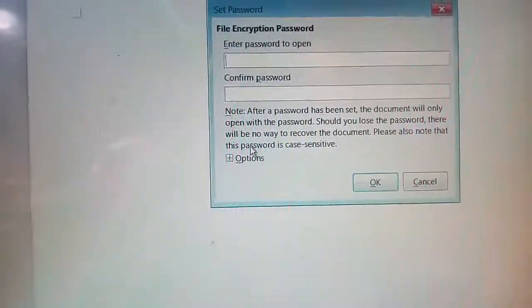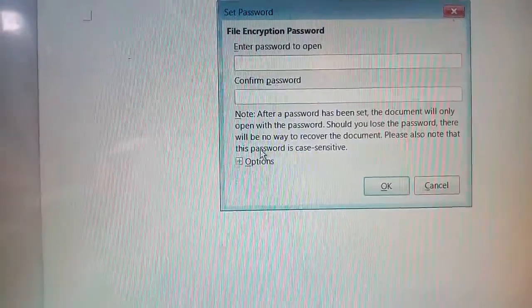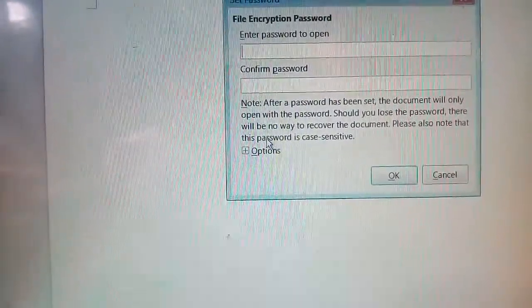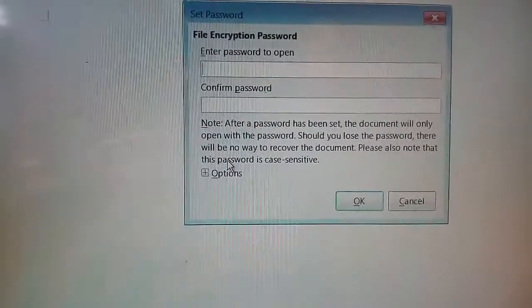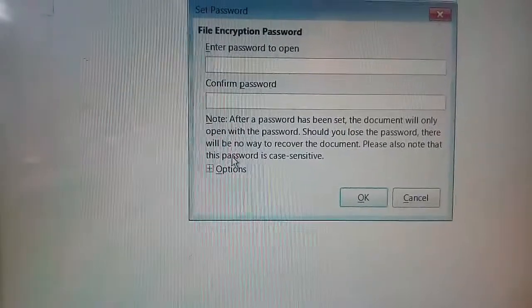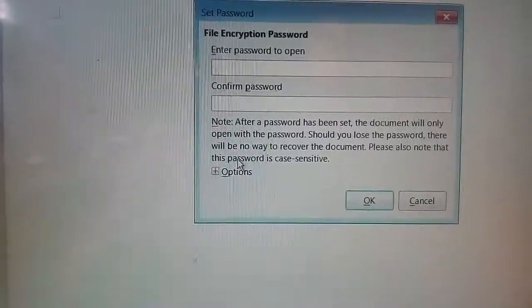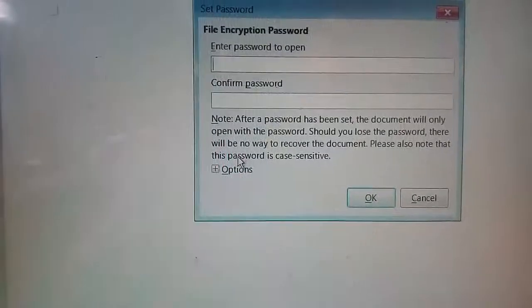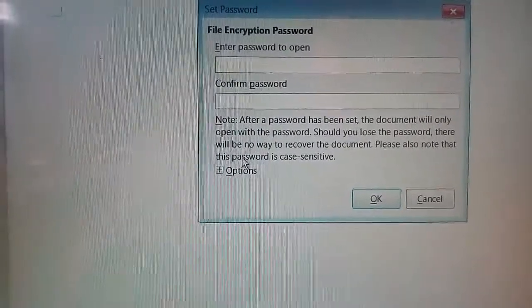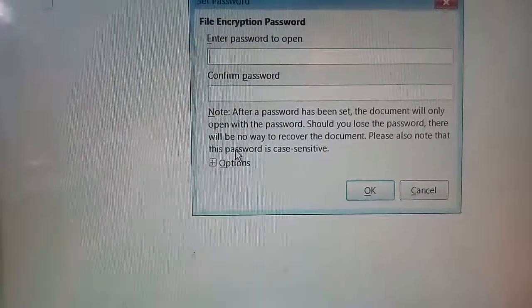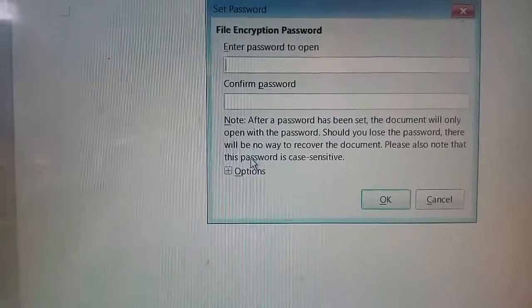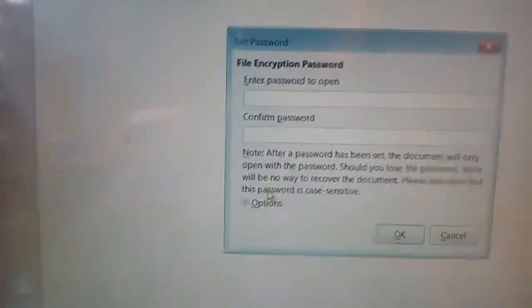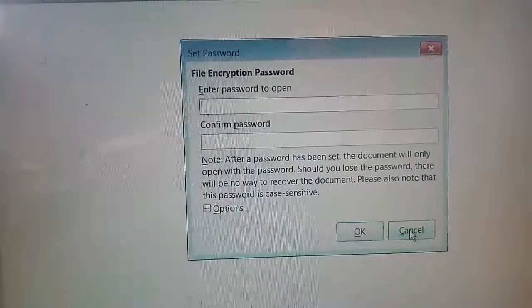Okay, and one thing is important here, the password is case sensitive. That is very important. Case sensitive means, you know, uppercase or lowercase, whatever you have given, that you have to remember. Suppose you have given a small letter and next time when you want to open the file, you give caps, means uppercase, then it will not open the file. That is case sensitive, right? So this is the way how you save the file. Next, I am cancelling. So I think it's clear.